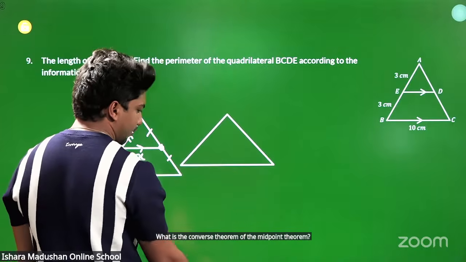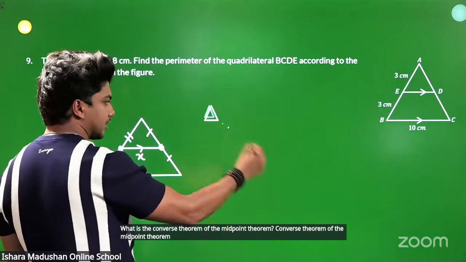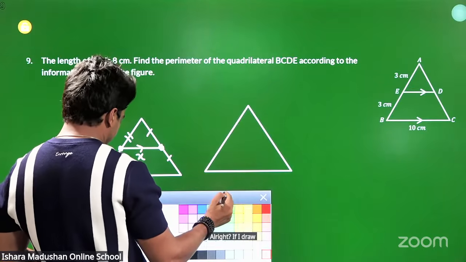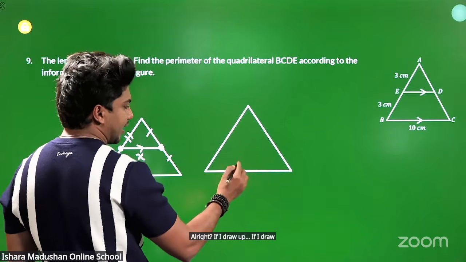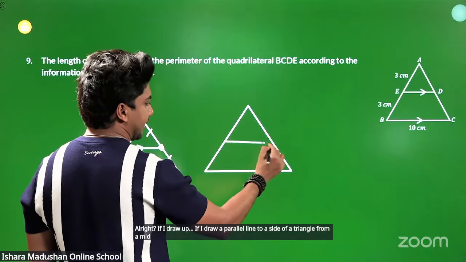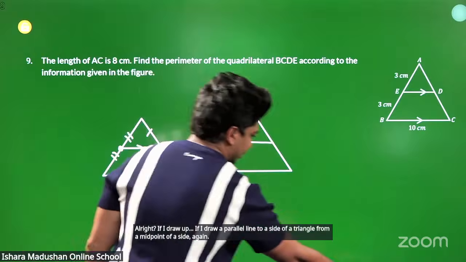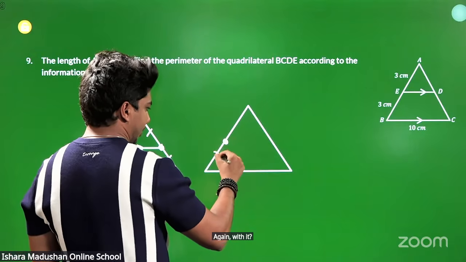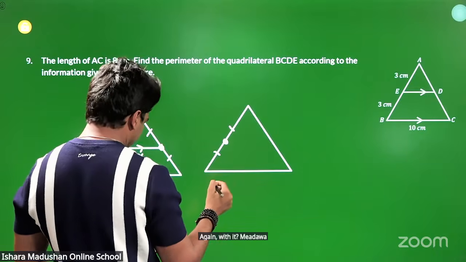Converse theorem of the midpoint theorem. If I draw a parallel line to a side of a triangle from a midpoint of a side. Now this is the midpoint on this side. Right. If I draw a parallel line